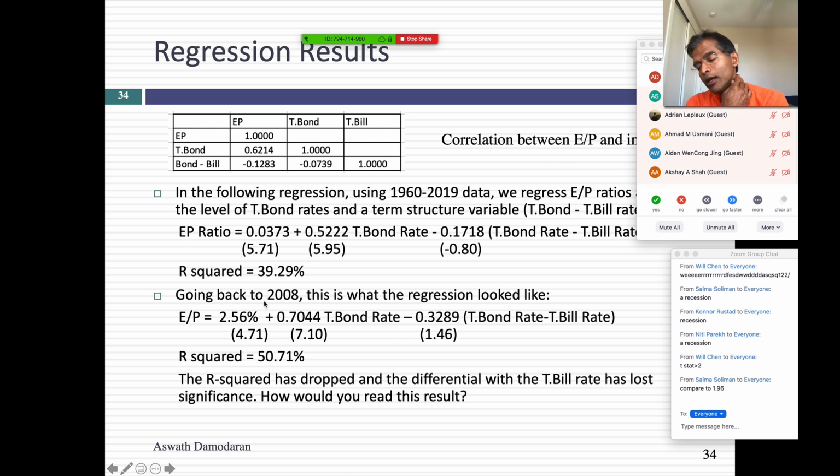Incidentally, I have to tell you, that I've been running this regression now for about 25 years. Every year I update the data. And if I compare what we have today to what used to be the case in 2008, first notice the R-squareds have dropped. And second, in 2008, the slope of the yield curve was actually marginally significant. Over time, the relationship between interest rates and price earnings ratios has become weaker, especially post 2008. But there's still significance in that relationship.